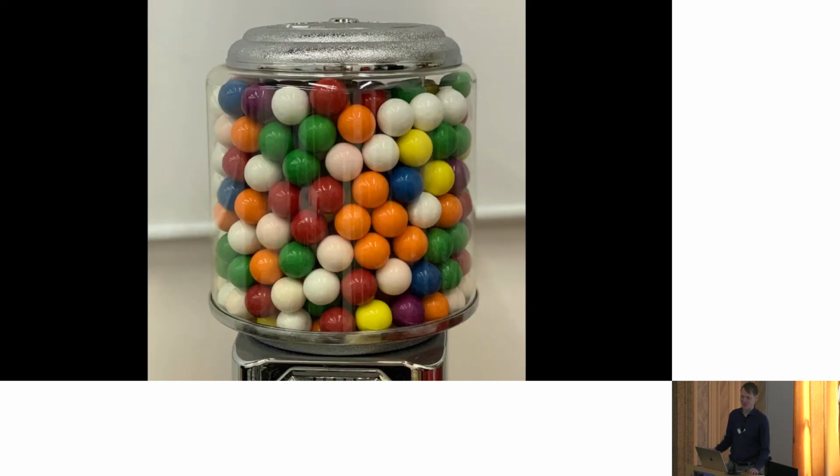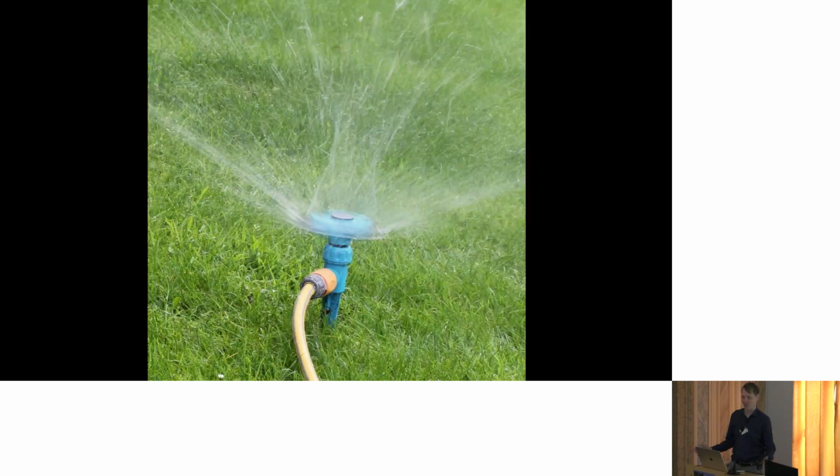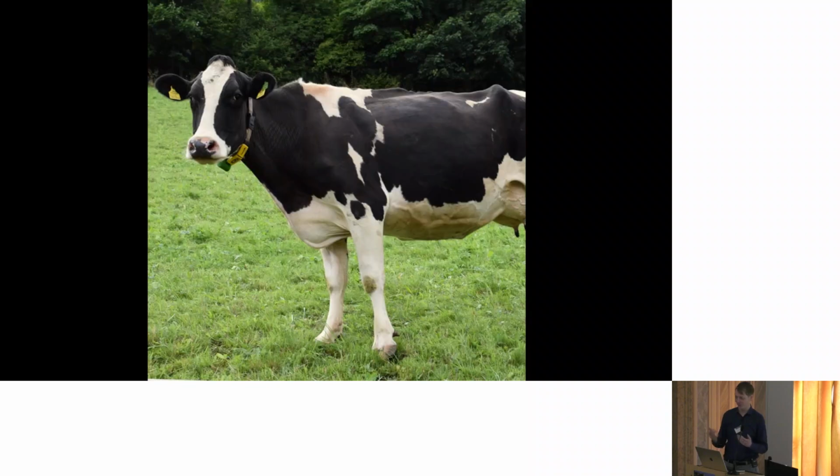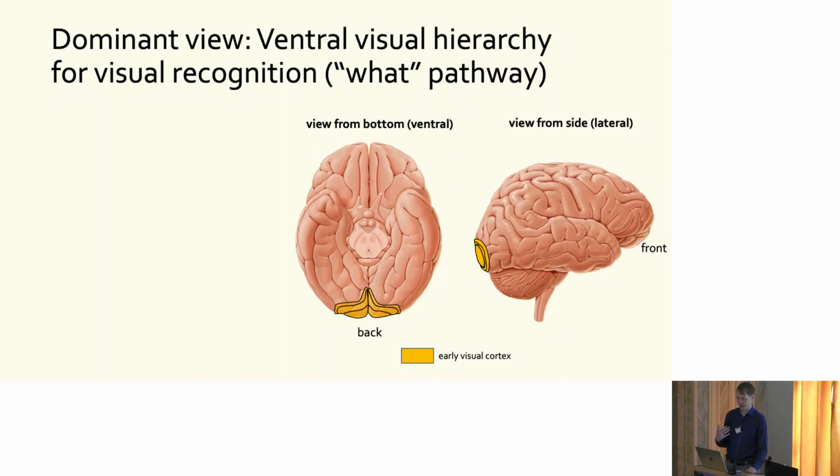But as you all know, immediately when you open your eyes, there's a wide range of visual impressions. You don't only just see colors or textures or shapes, but you see objects that you can immediately recognize and make sense of. And I think the currently dominant view of how our brains enable this is that there's this ventral visual hierarchy for visual recognition, which is known as the what pathway, where you have some early